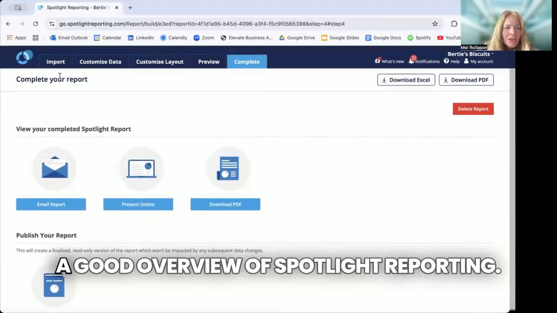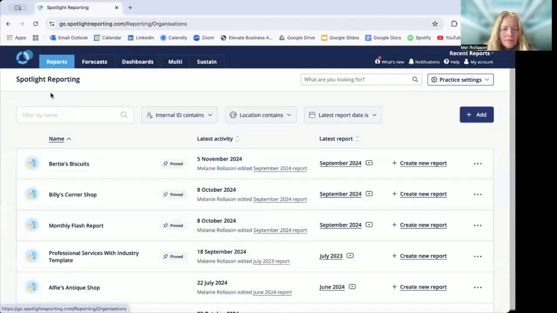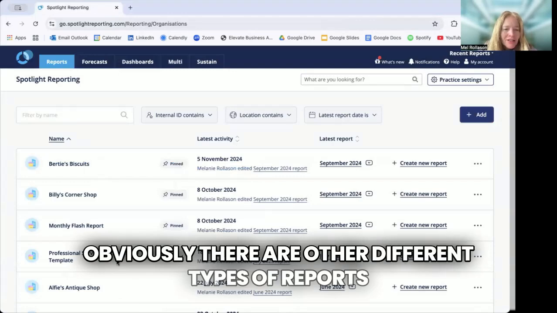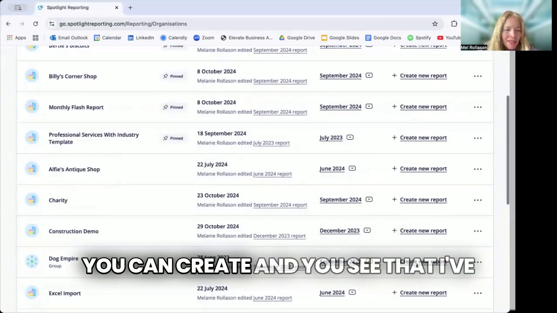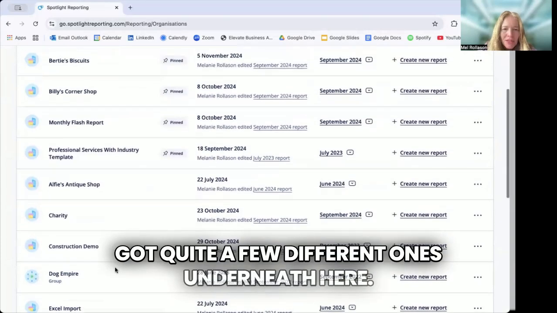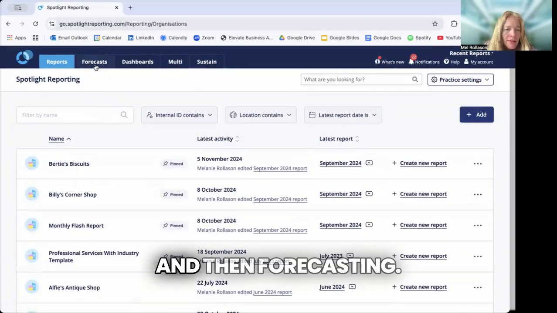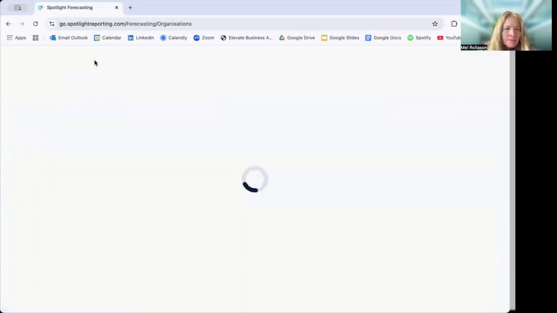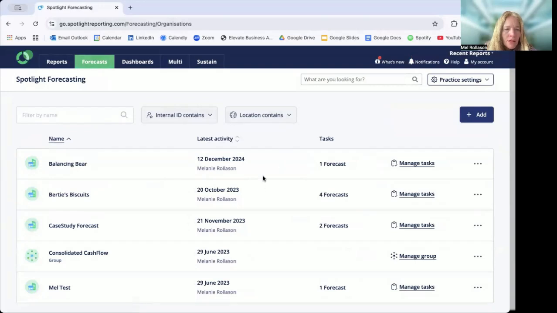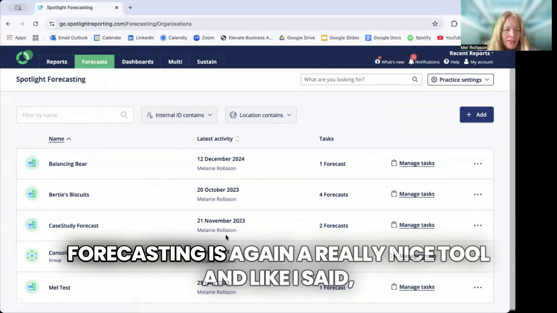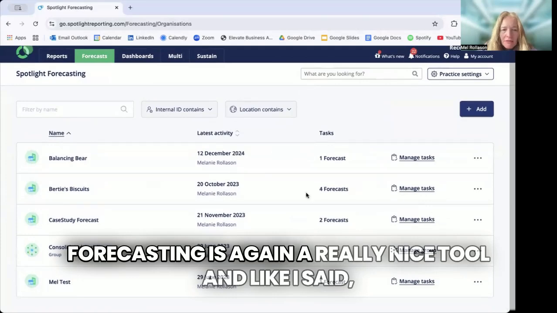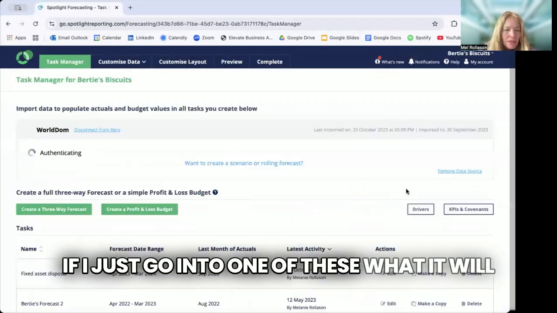So I hope that's given you a good overview of Spotlight reporting. Obviously, there are other different types of reports you can create, and you see that I've got quite a few different ones underneath here. And then forecasting. Forecasting is, again, a really nice tool. And like I said, if I just go into one of these,